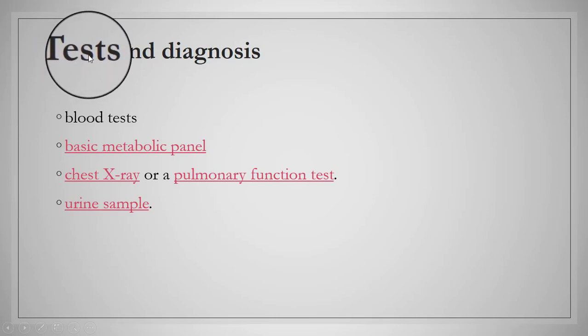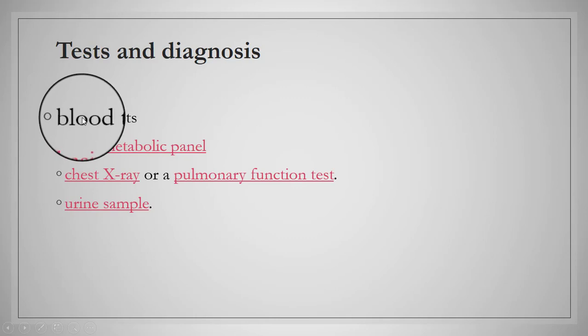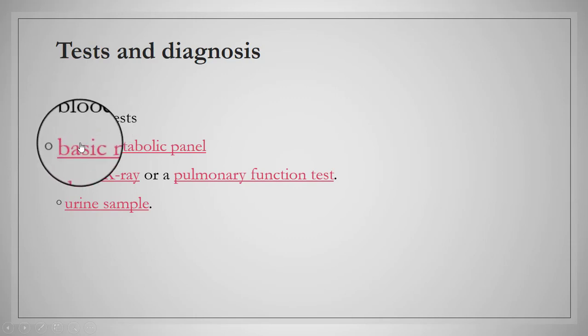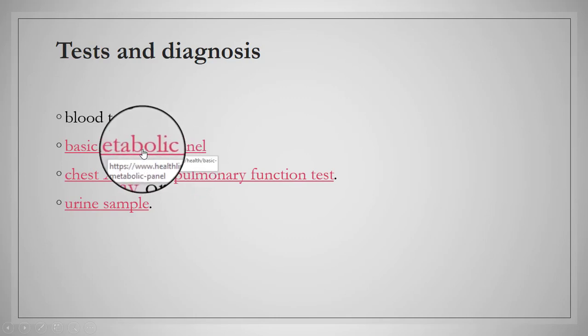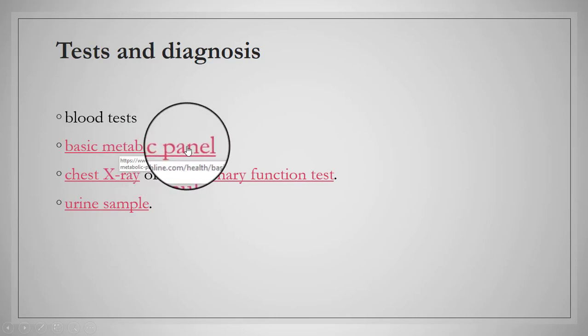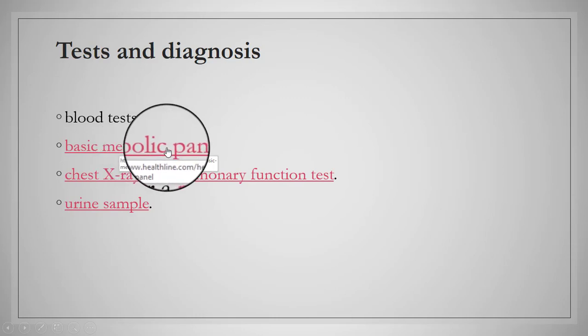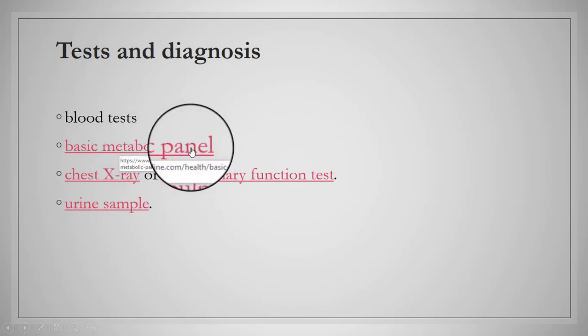First of all is the blood test. An arterial blood gas looks at the level of oxygen and carbon dioxide in your blood. It also reveals your blood pH. Second, a basic metabolic panel, which checks your kidney function and your pH balance, protein, blood sugar and electrolyte levels. If these tests are taken together, they can identify different types of acidosis.